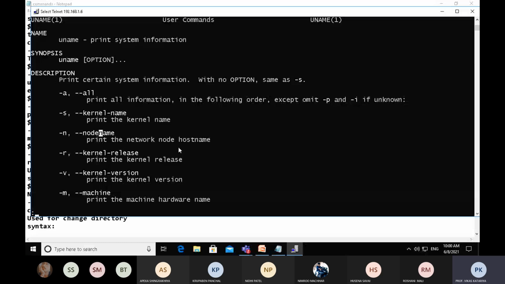It will display the name of our kernel. So we are using the Linux kernel.